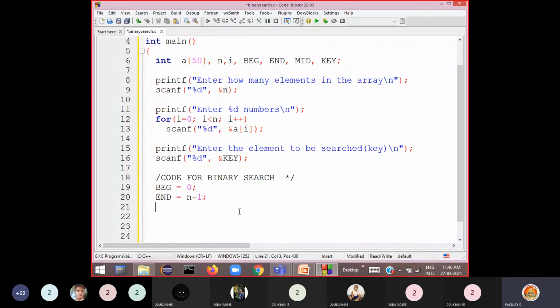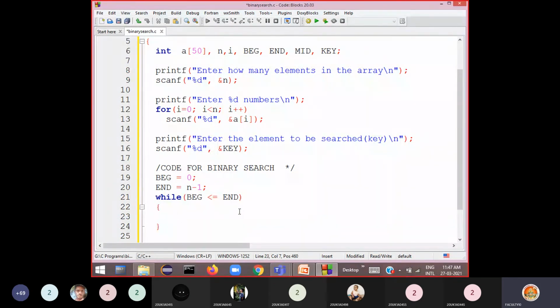Now once you have beginning and end values, you can use a while loop here. Just say while beginning is less than or equal to end. As long as beginning is less than or equal to end, you can perform a binary search here.